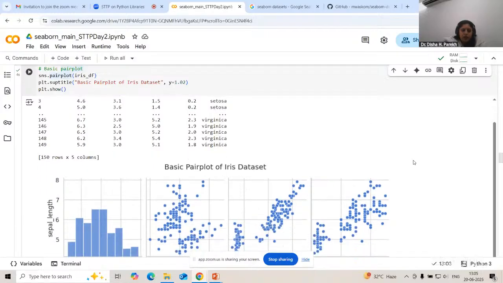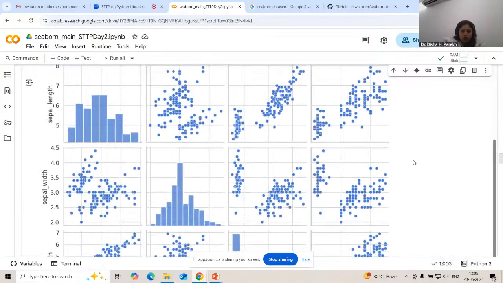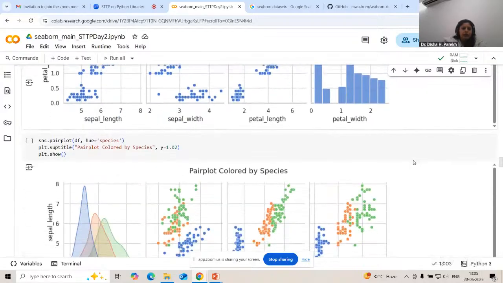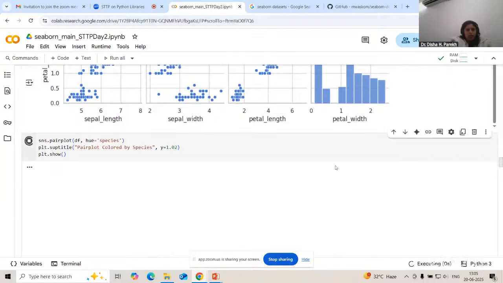All right, I am showing you one more. Now, what if I want to use hue here too? We know that species is categorical data. We have three of it: versicolor, virginica, and setosa. So here, if you run this, you will see the points are